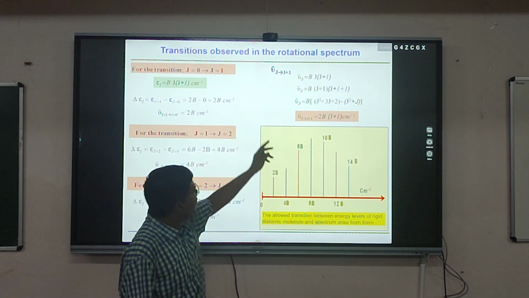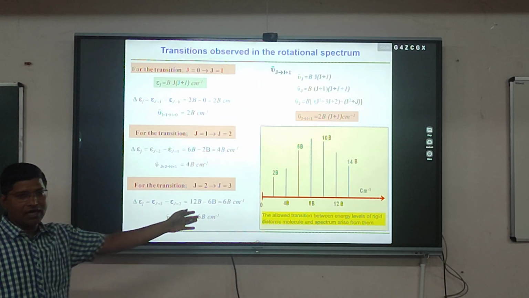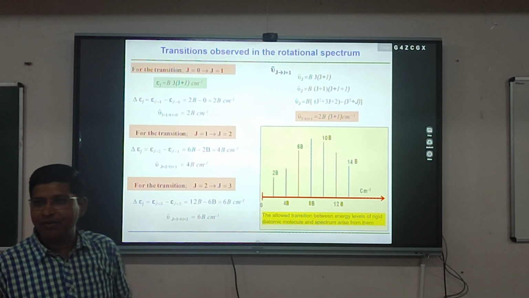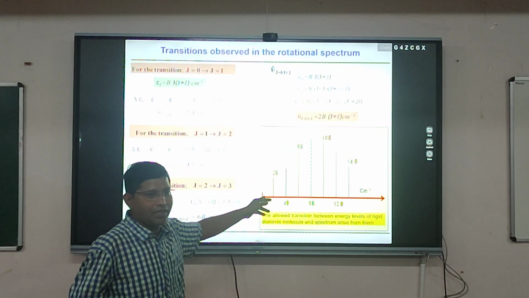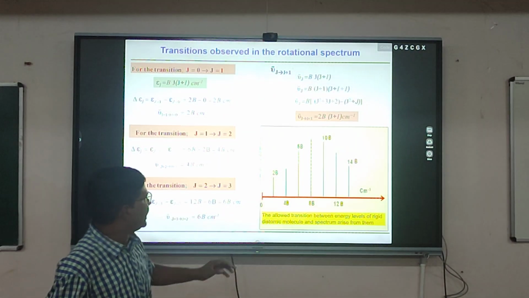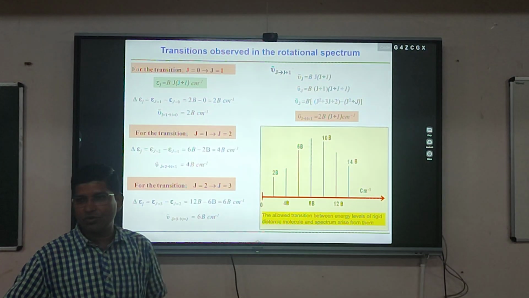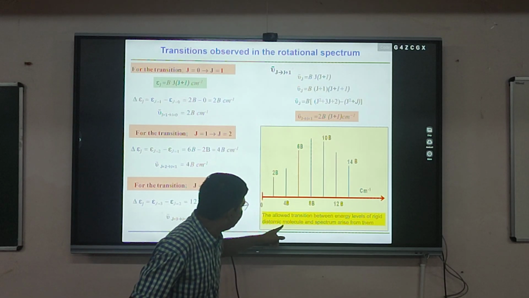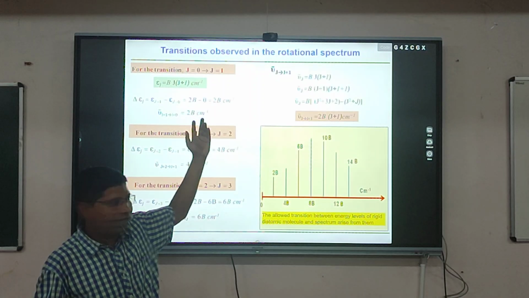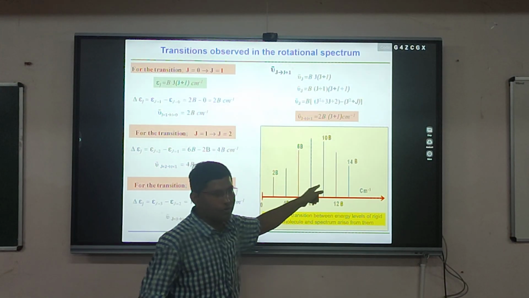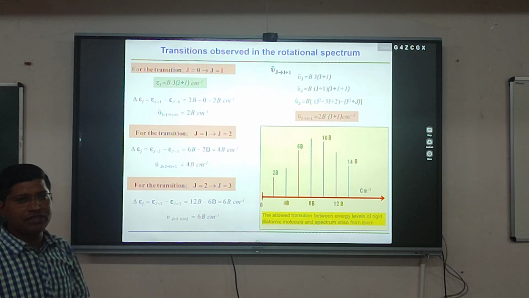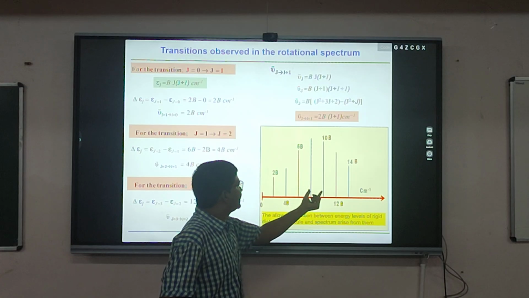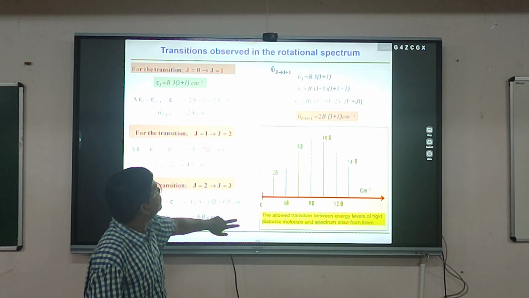Okay, 2B(J+1), and based on that one, we will draw the spectrum of rotational spectroscopy. So this is a theoretical spectrum of a linear rigid diatomic molecule. There will be another question: write the allowed transitions between the energy levels of a diatomic molecule, that previously we have drawn. This is the spectrum arising from those different energy levels, and the difference between two lines in the spectrum is 2B.